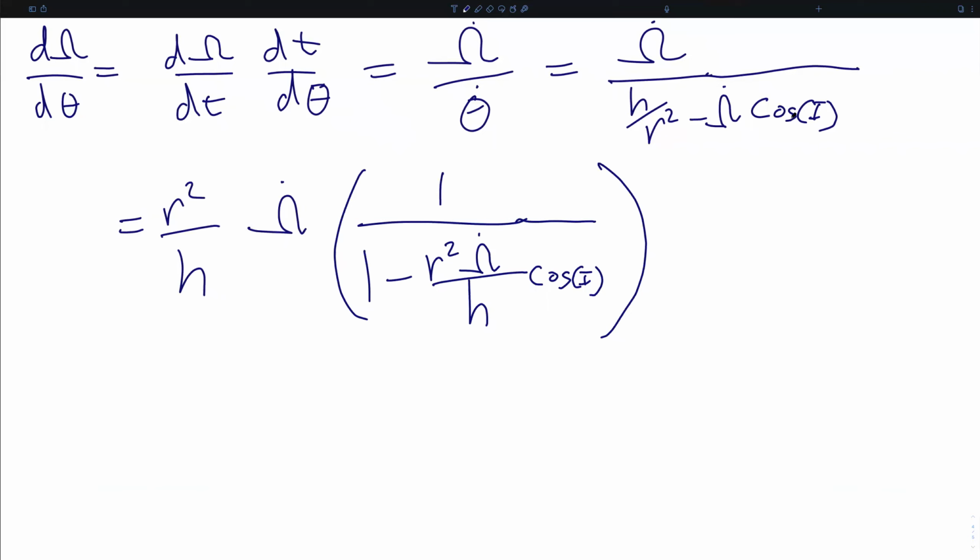We first rewrite this expression as r squared over h times Ω̇ times the quantity of 1 over 1 minus r squared Ω̇ over h cosine i. To this denominator, we apply the binomial theorem with the x value being equal to 1, the y value being equal to all the rest of it, and the exponent r being equal to -1. And expanding to first order in J2, we get